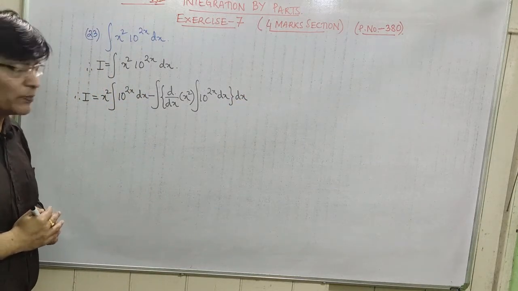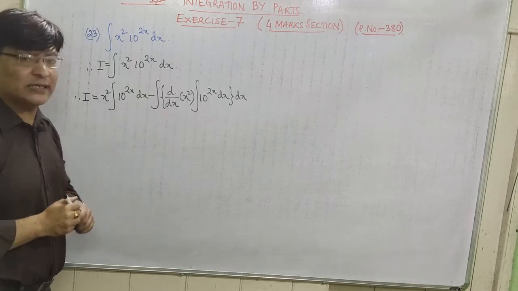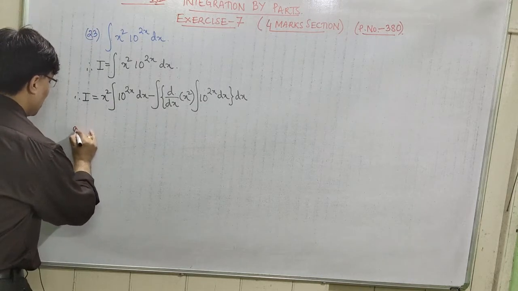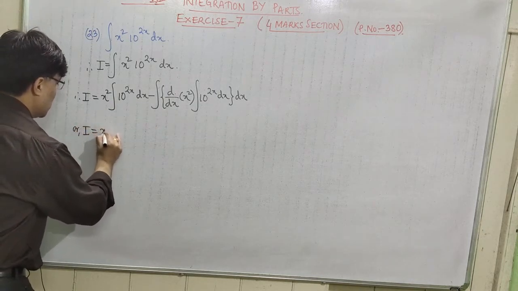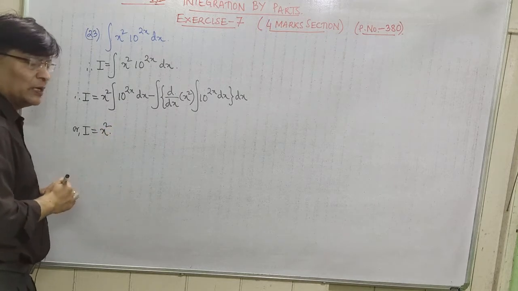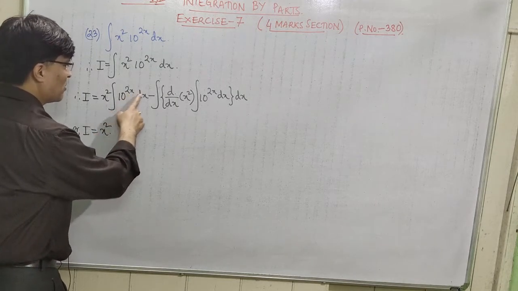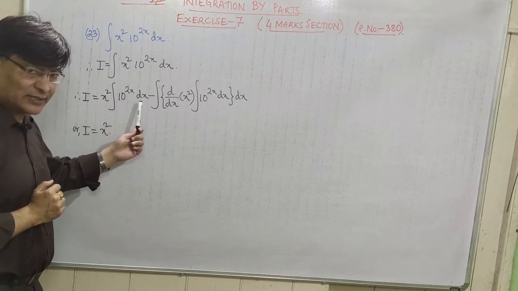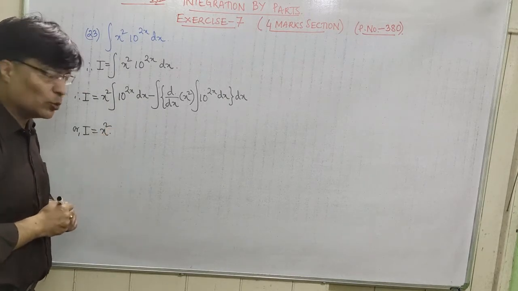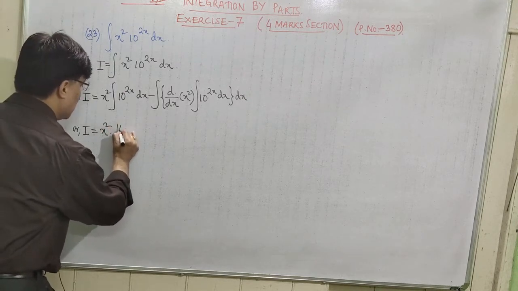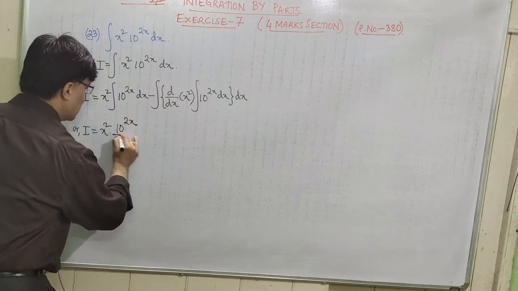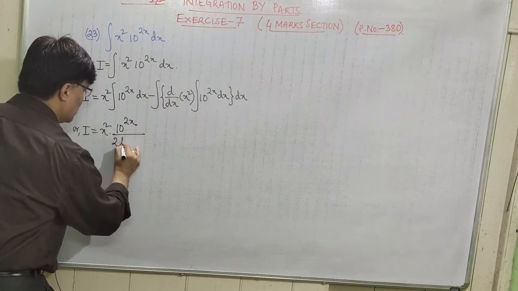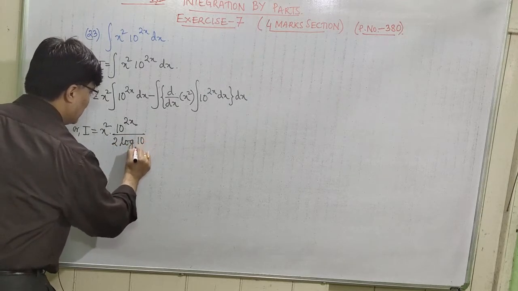Is that clear? So now let us evaluate this integration. I is equal to the integral of x square into a to the power mx dx. Here a is 10 and m is 2. What is this integration? It is a to the power mx divided by m log a base e, that is 2 log 10 base e,